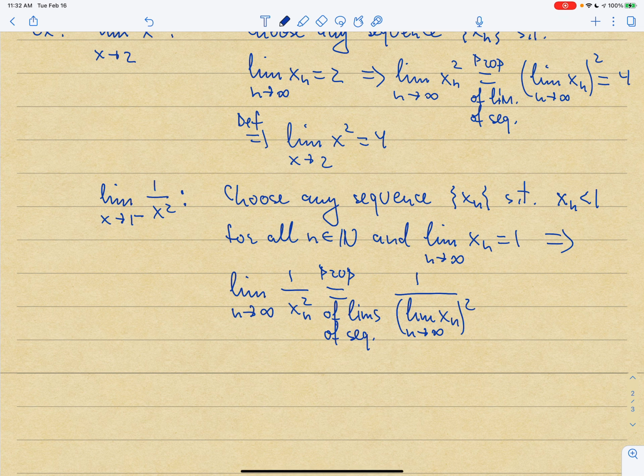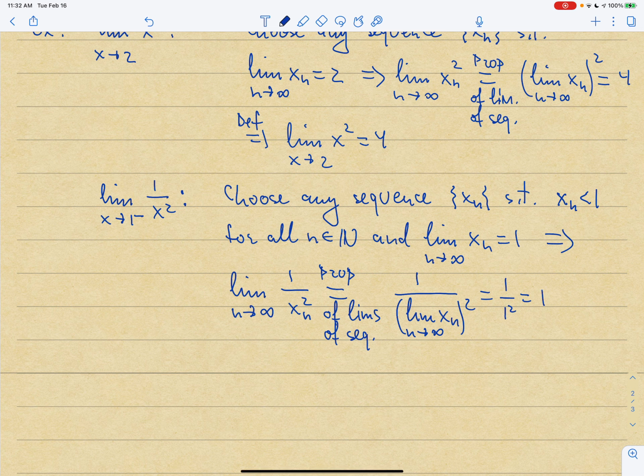Because the limit of the reciprocal is equal to the reciprocal of the limit, as long as the limit itself is not equal to 0, which is true in this case because the limit of xn is 1, and the limit of xn squared is the square of the limit of xn. So this is equal to 1 over 1 squared,